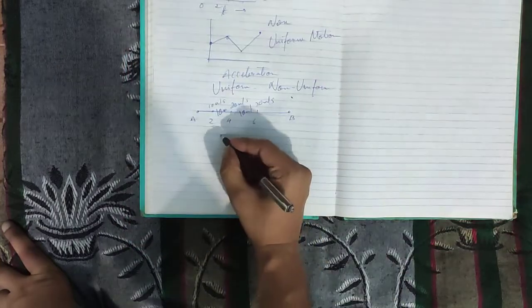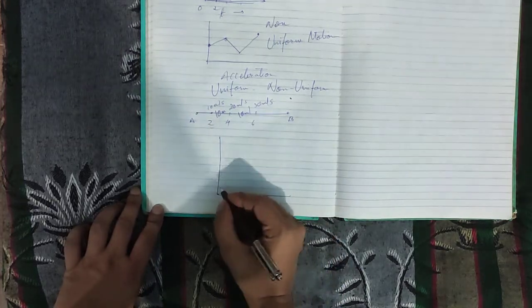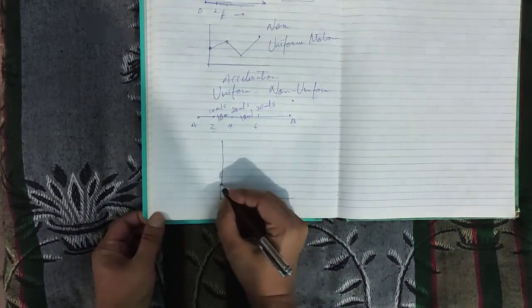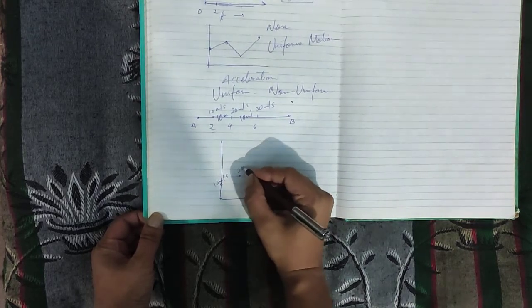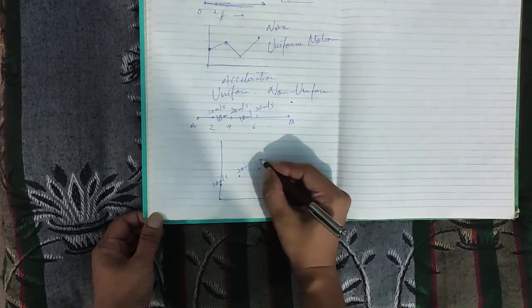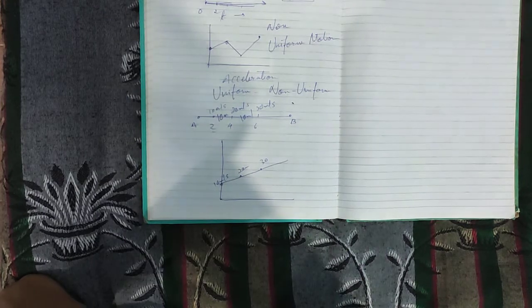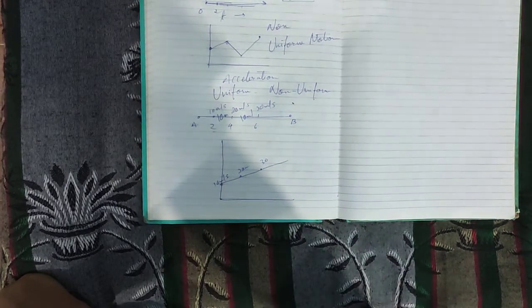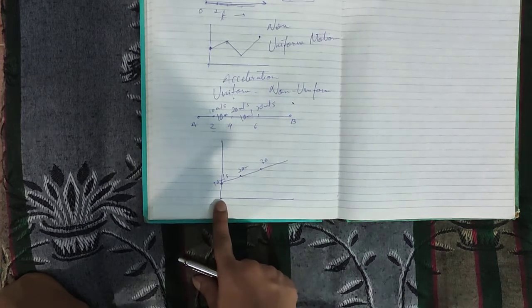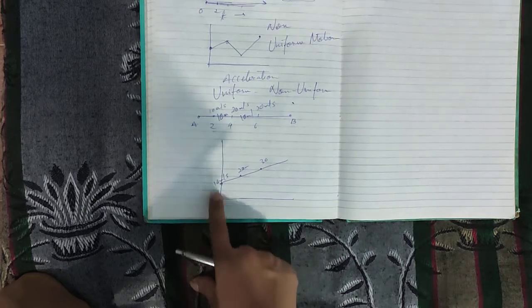If I want to plot its graph, then the graph of uniform acceleration is somewhat like this. At 0 seconds its velocity was 10 meters per second. At second point it was 20 meters per second. At third it was 30 meters per second. So the velocity is increasing in a straight line. Such a graph in which the velocity increases in a straight line is uniform acceleration. Listen, it does not always have to start at 0. It can start from here as well, so it does not matter if the graph starts from here.